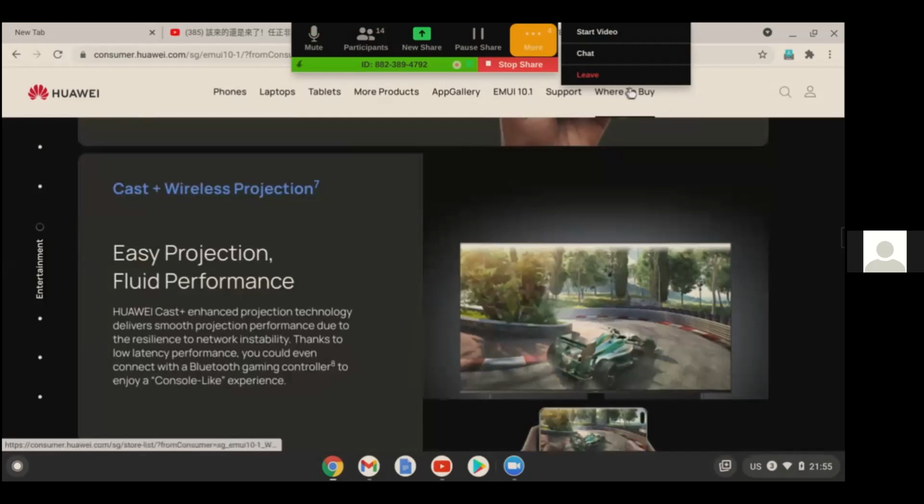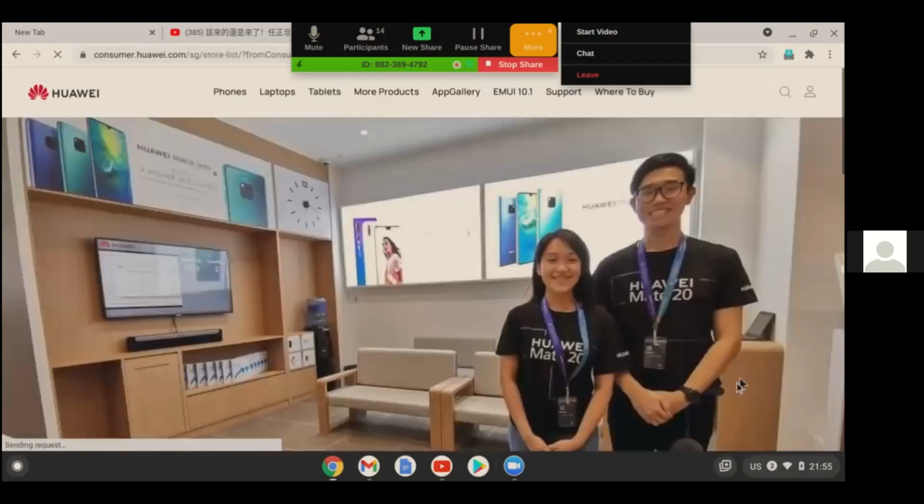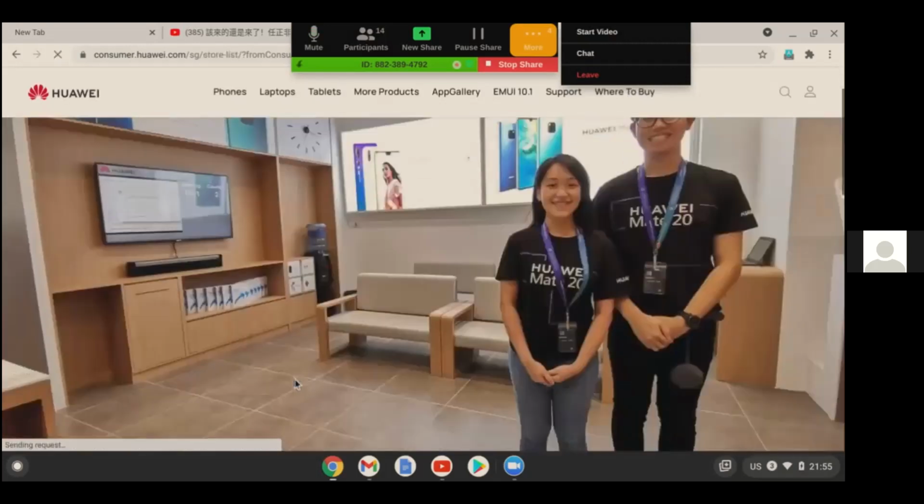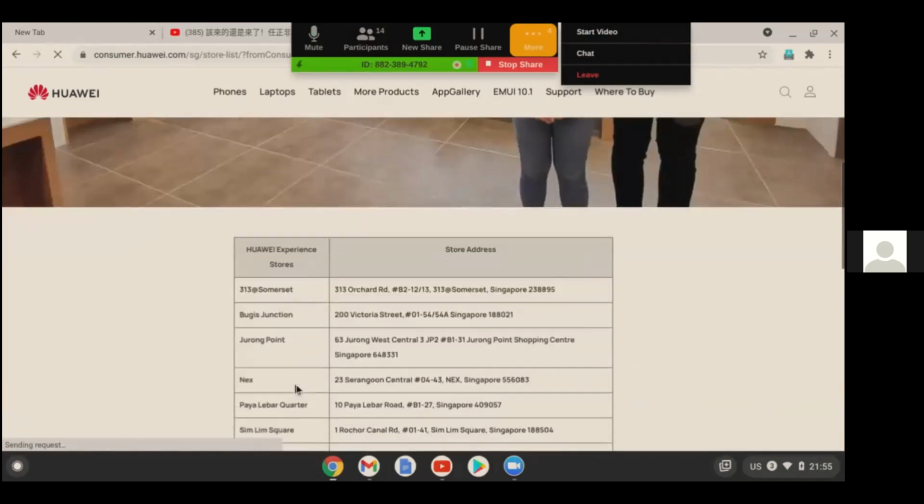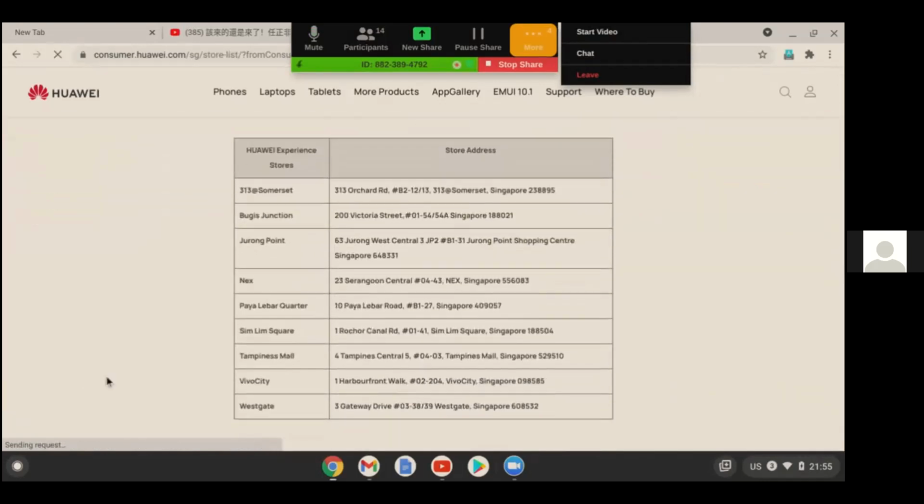Okay, I think it is coming to the close already. This is where to buy, and I think in Singapore, okay, this is their store. They have it at 313 Bugis Junction. Yeah, I think they're still there, although some of them are closed because of COVID-19. Yeah, there are quite a number of shops. 313, I think. I think Suntech also, I thought. No, no Suntech.